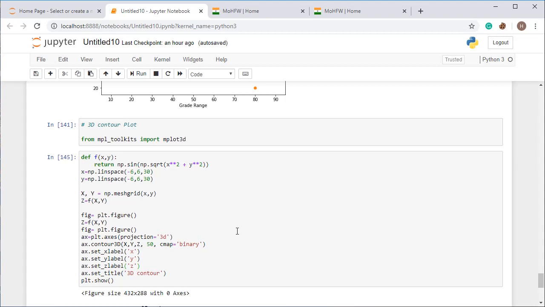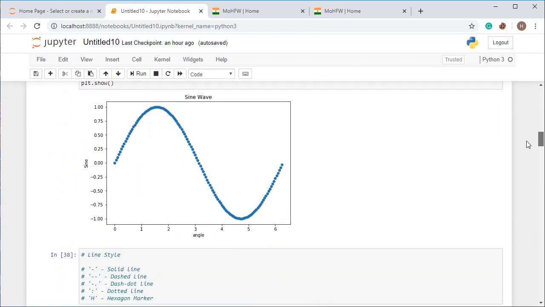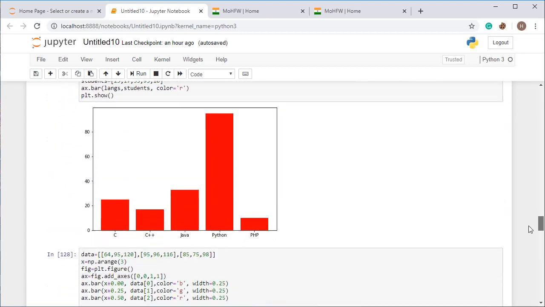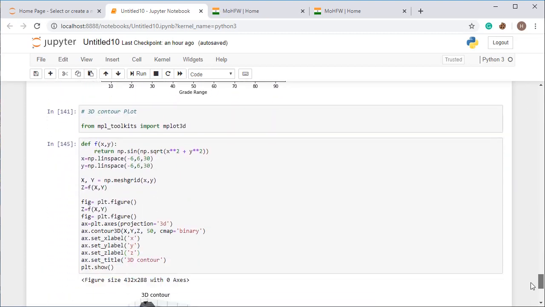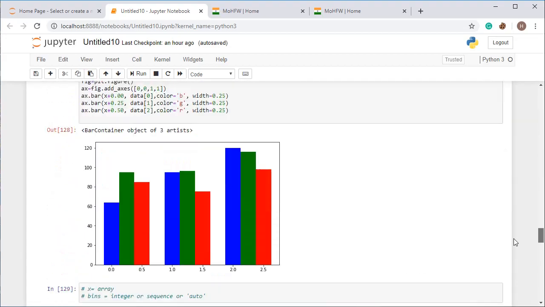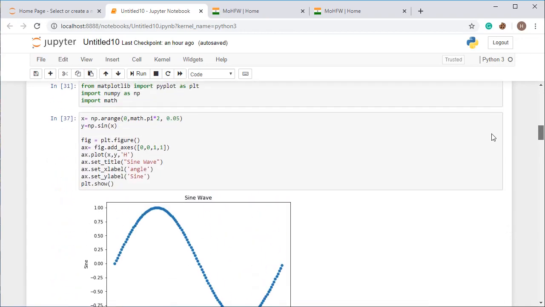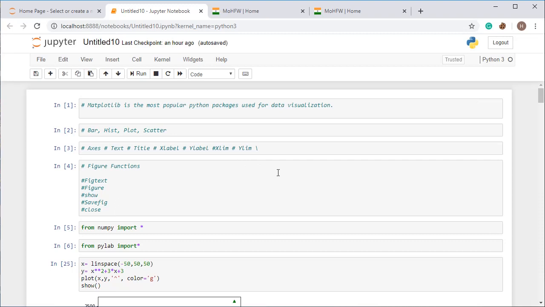I have not shown you the histogram because I discussed it the previous day. All right. So go to the previous lecture and you will see the histogram there. Now I have discussed all the things which I said I would discuss today. So this is all about the graphs which are commonly used in data analysis. You can use all these graphs in data analysis. I will also show you the heat map and other things during the practice time. So this is all about matplotlib, and that's enough for this.